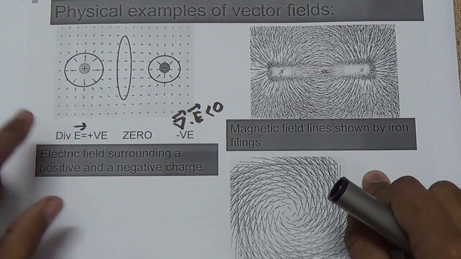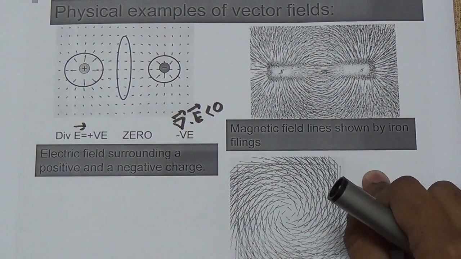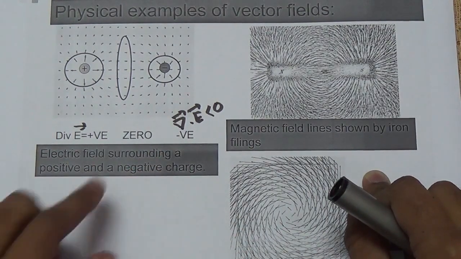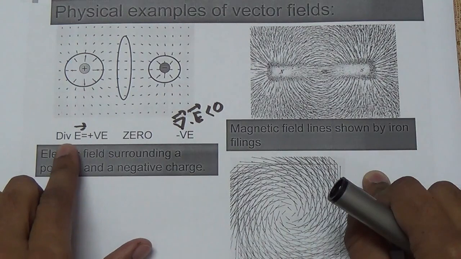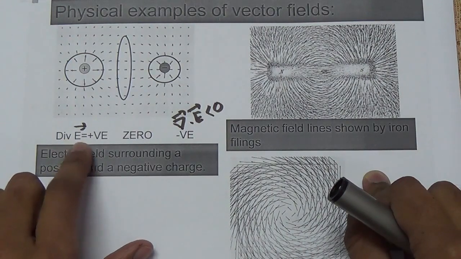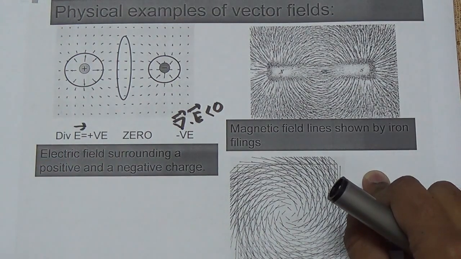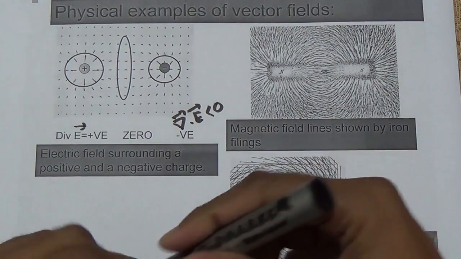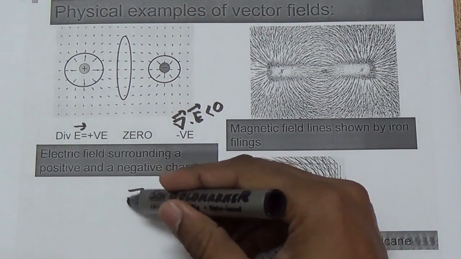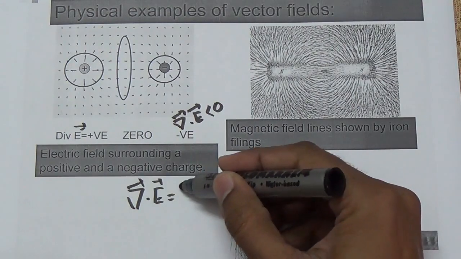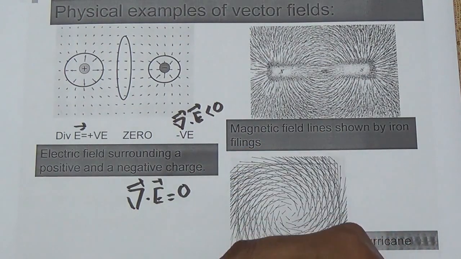So positive means the flux is outward, and negative means the flux is in the inward direction. But we have seen that the result of the divergence of any vector field function might be 0. So what is the meaning of 0? Suppose the divergence of E, of any vector field function, is equal to 0. What will be the meaning of